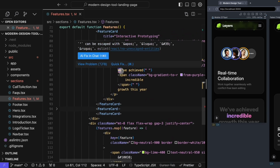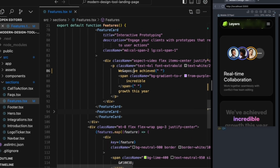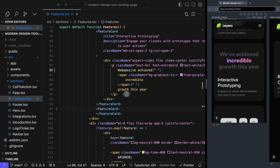Okay, so it looks like there's a little bit of problem here because it doesn't like that we didn't use apostrophe here. So we can go ahead and do that. I'll say ampersand apostrophe and just go ahead and replace that with that apostrophe HTML entity. Now that we've taken care of that first animation, let's go ahead and see what animation we're going to add